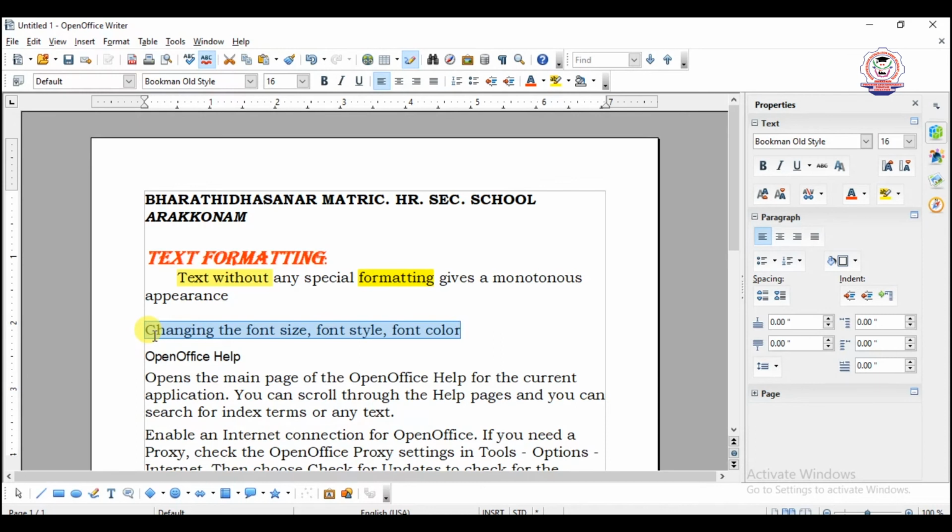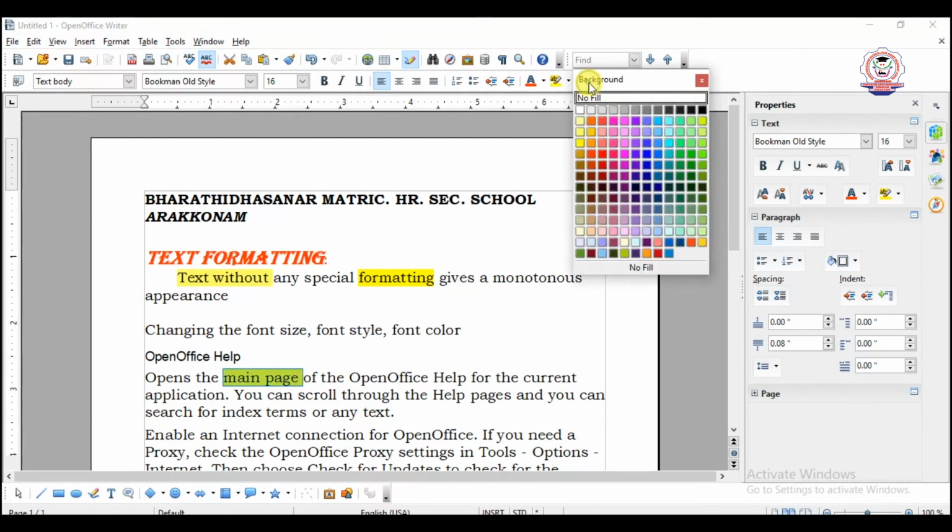Okay, these are the ways of changing the case. Next one is highlighting the text. You already know how to highlight the text. Again we can see it using the icon. For example, you want to highlight the main page: select that content and click on the highlighting icon. You can change the color also.